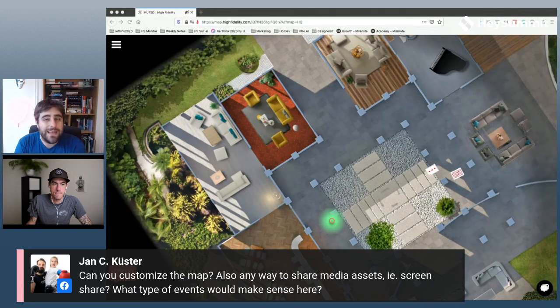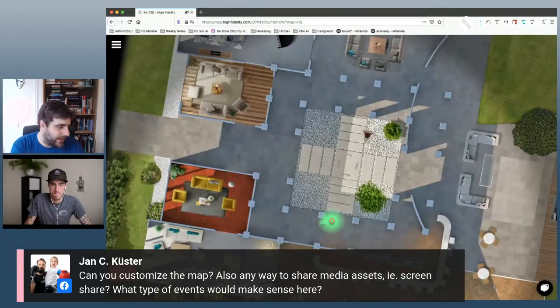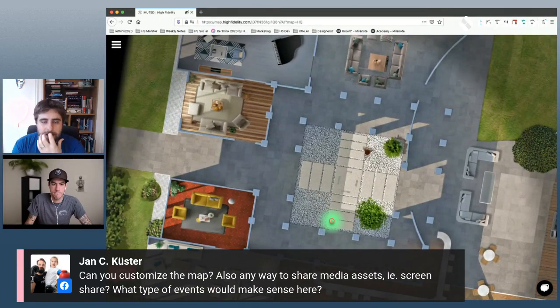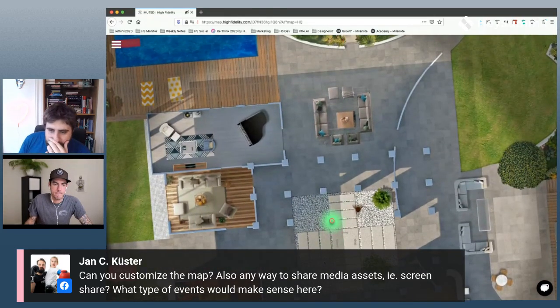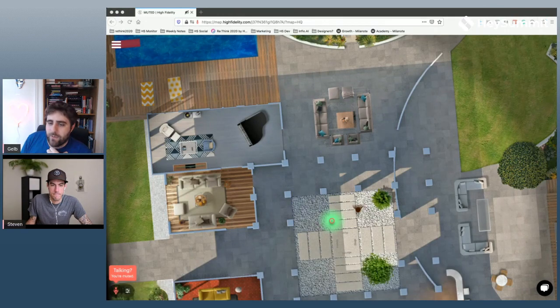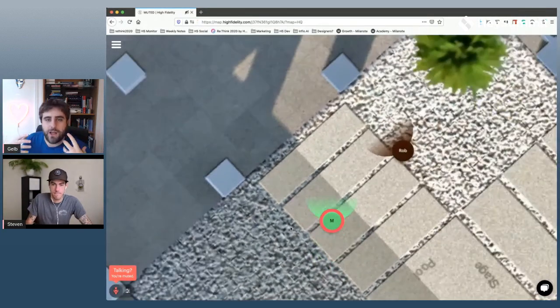It's like you have a meetup, you have a crowd, you want them to get in and start just talking to each other. You can do that easily. We don't have it, but you can put your face on your little avatar, so you can see people's faces. But yeah, hopefully that answers the question. In terms of what kind of events, anything where you're talking about multiple conversations going on at once,